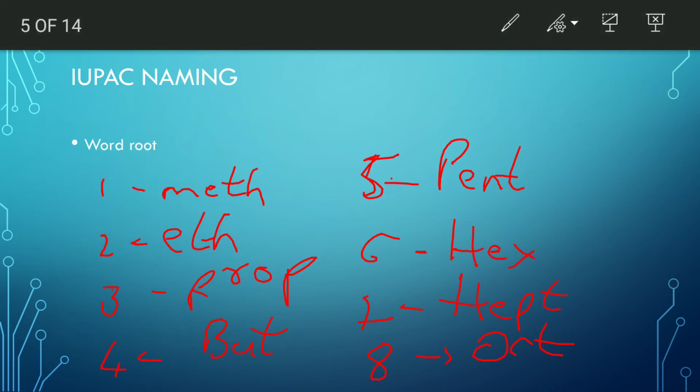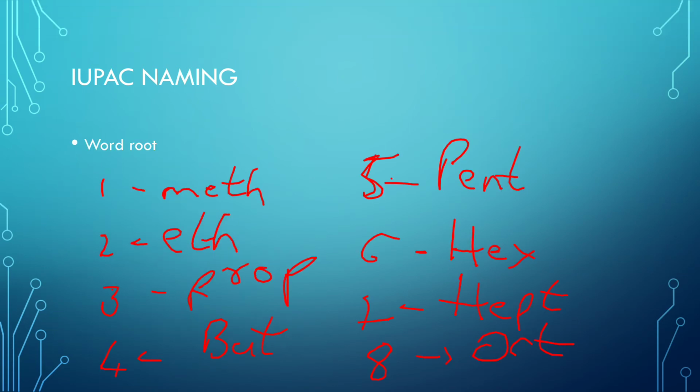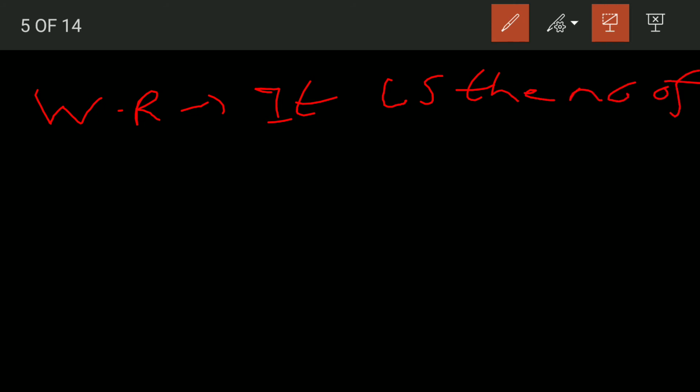So what does a word root tell? So word root, it tells us the number of carbons in a parent chain. Okay,